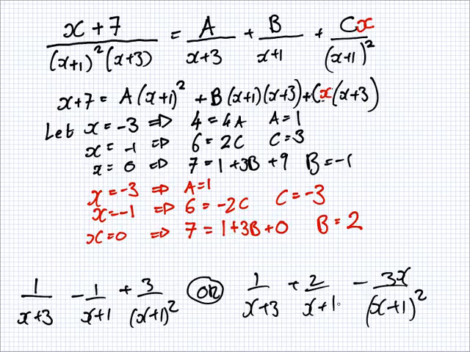Did you get 1, minus 1, 3? Then it's fine. Okay, did you write these down? I want to type them in. So the first answer is 1 over x plus 3. Next, minus 1 over x plus 1. And lastly, plus 3 over